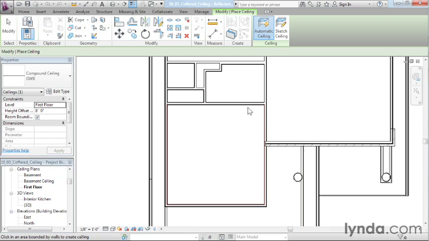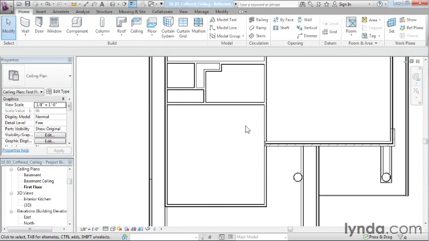Next, we need to make a modification to the ceiling. One thing you need to be very careful with is if you're still inside the ceiling command, you don't click inside of here again. Click inside of here 1 or 2 or 3 more times trying to select the ceiling, and you'll just be dropping a ceiling after a ceiling after a ceiling in again. I think it's happened to just about everyone who's used Revit at one point or another, and you don't want to be that person on this exercise. So go ahead and hit Escape a few times on your keyboard to make sure that you're out of the command entirely. Move your mouse up until you're touching that wall or any of these walls, and then hit the